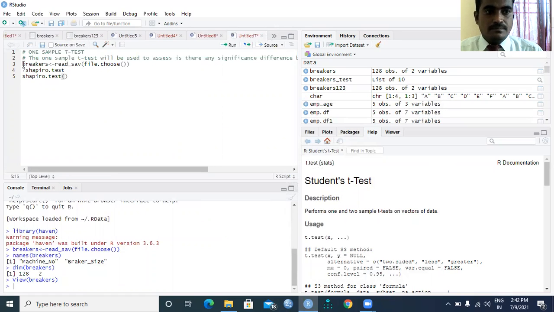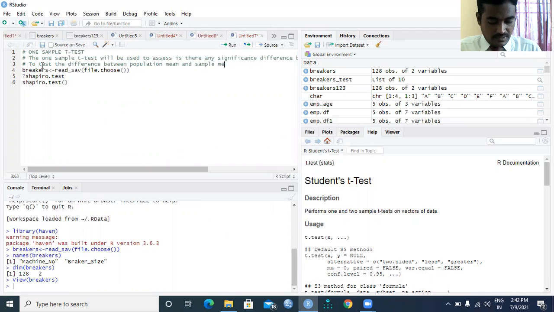So what is the basic purpose to conduct this one sample t-test? It is to test the difference between population mean and sample mean. So what is the H naught here?